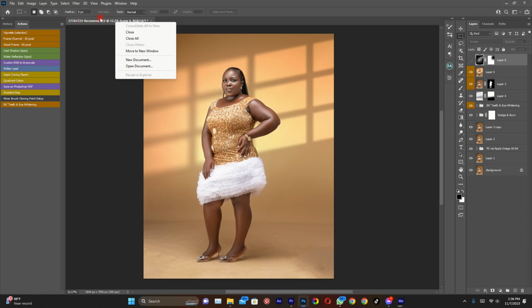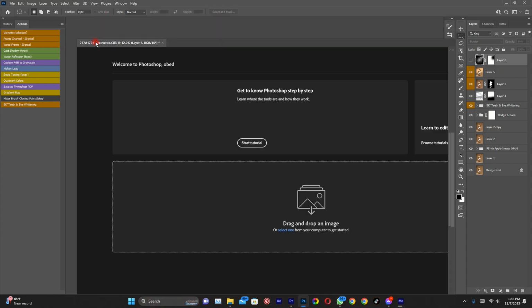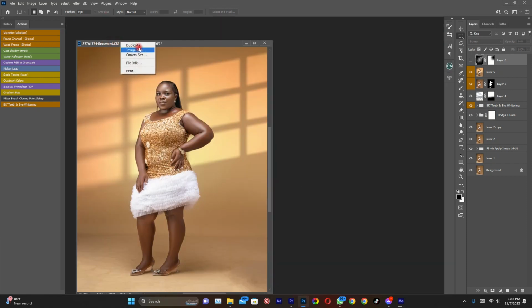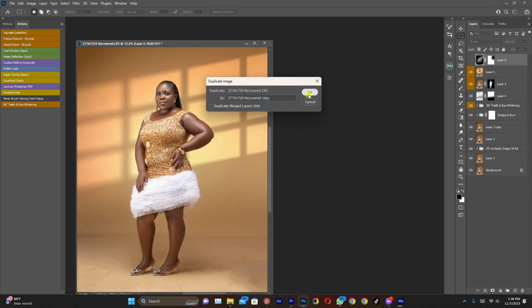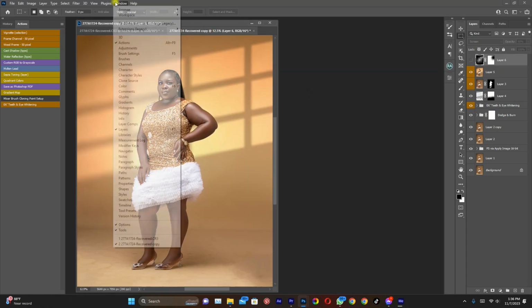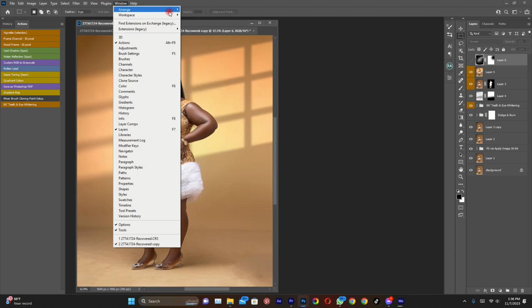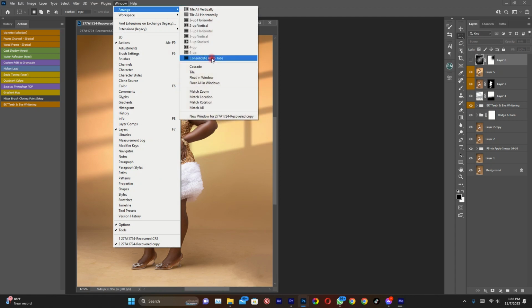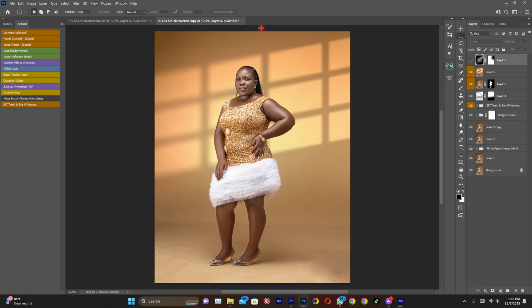So let's just start off by actually duplicating this. Yes, so let's duplicate it, and I think we can consolidate all the tabs. All right, so first and foremost,